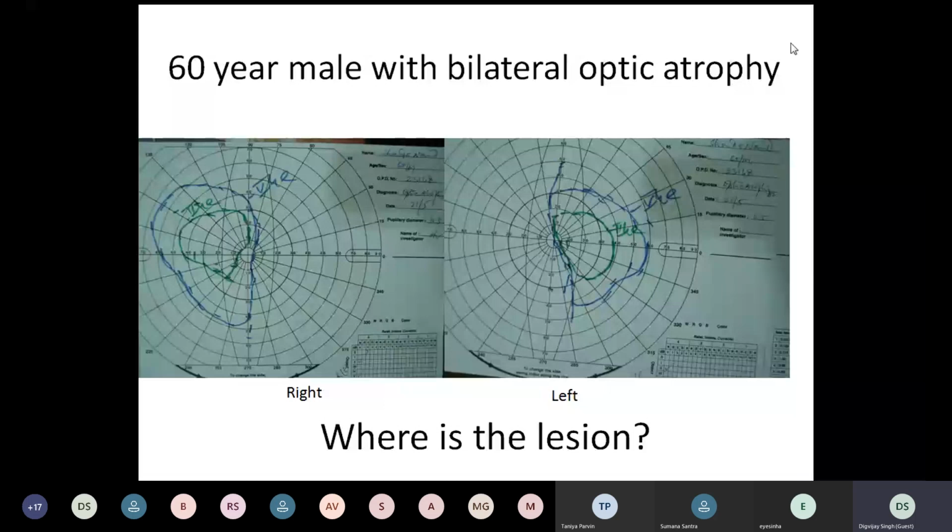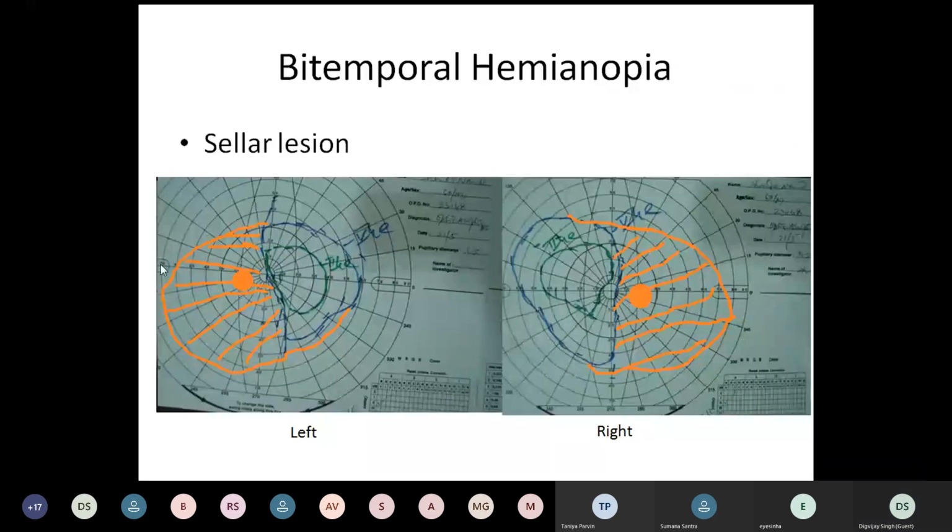We know that these are Goldmann visual fields done on the Goldmann kinetic perimeter, and it has been done using 2 isopters. The isopters have been named here: 5/4e, 3/4e. You can see that in the right field, the temporal half of the field is missing, and in the left field, the temporal half of the field is missing. And you can see why, because there are no blind spots visible. So we know that this is a bitemporal hemianopia. And in orange, I have marked out the area of the field which was missing. It should actually have been like this, the complete field. And so this is definitely a chiasmal lesion, probably a sellar lesion, like a pituitary adenoma in that area.